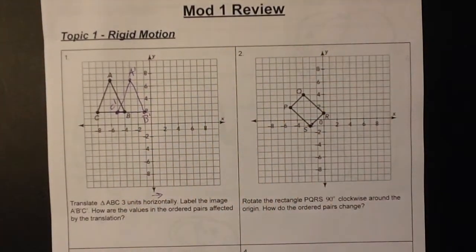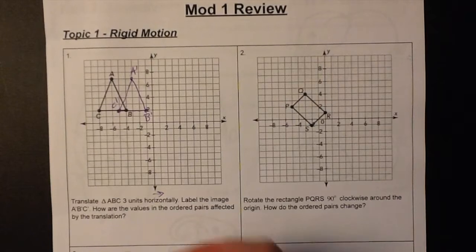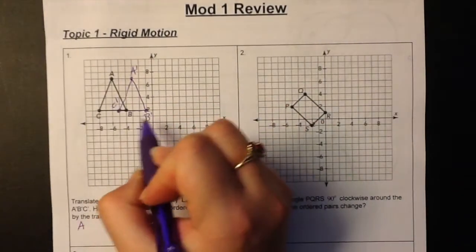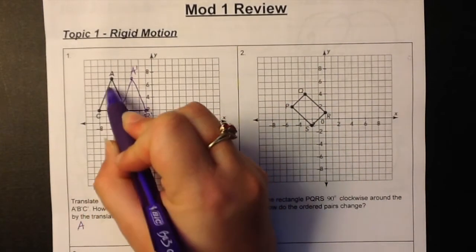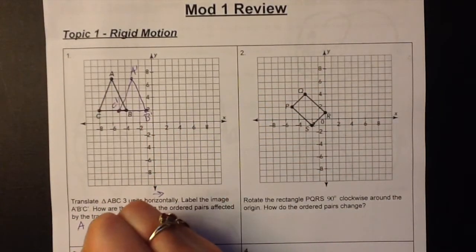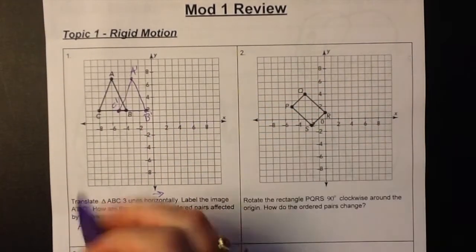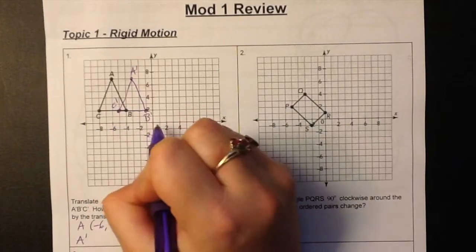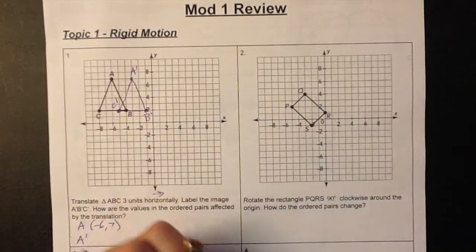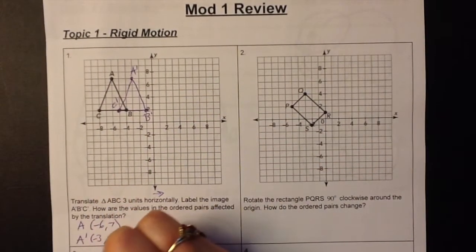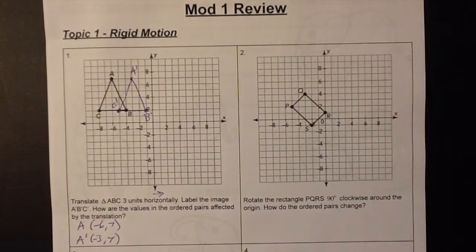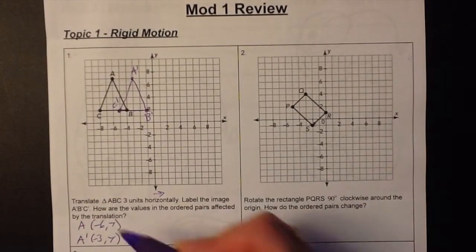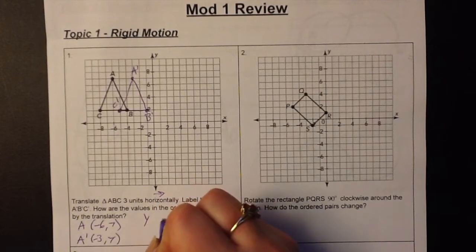Okay. So how are the values of the ordered pair affected? So it's asking really just about the coordinates. So if I look at A is at -6, 7, and A prime is at -3, 7. And of course we could go through this with each one, but they're going to change in a very similar way. So the y didn't change,